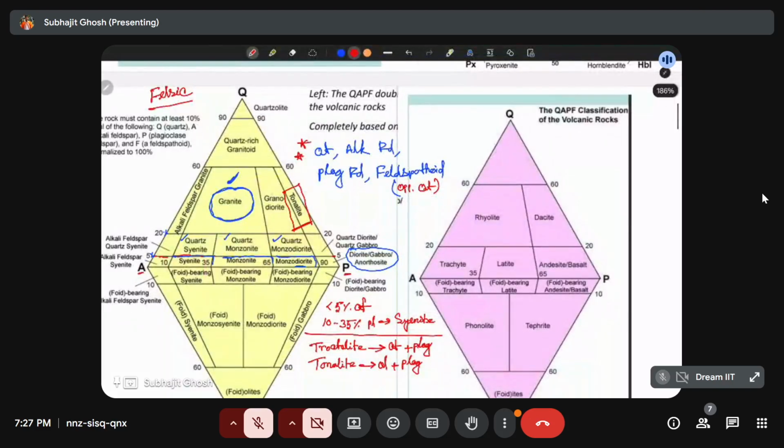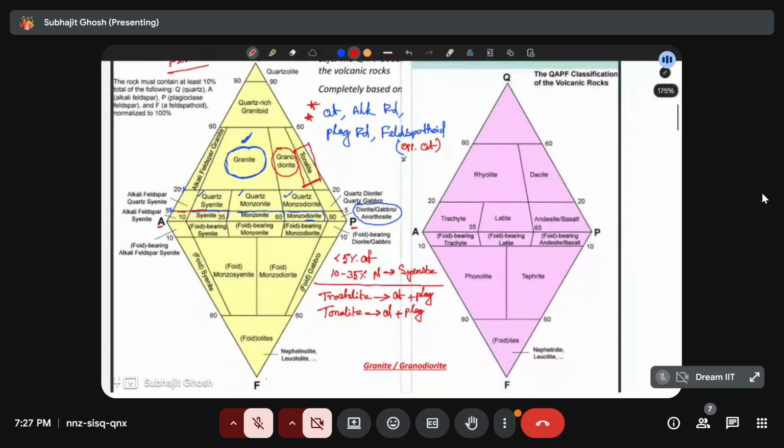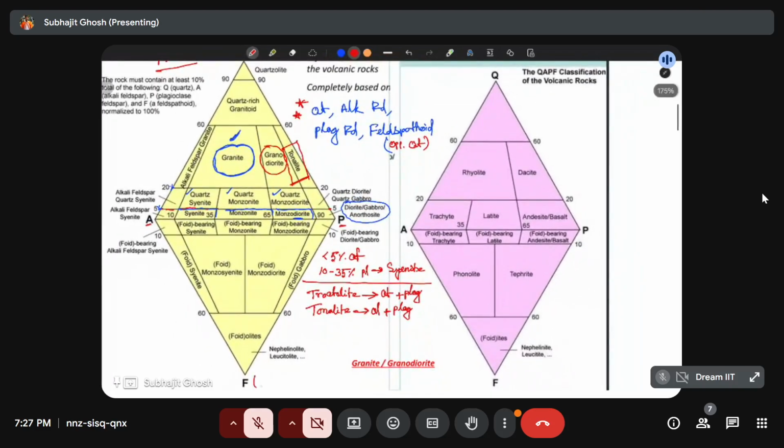Okay, so this granodiorite is also important here. Granite and granodiorite and tonalite. Two more things are important here. So I just talked about feldspathoid, right? This is feldspathoid. There is feldspathoid, then there won't be any quartz, right? So that means कि and ये जो